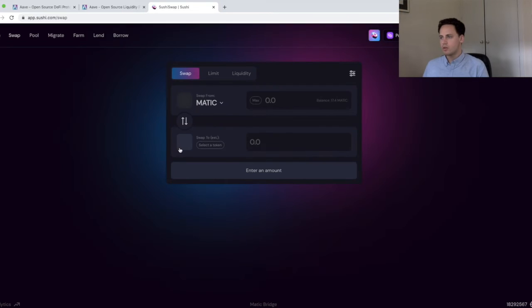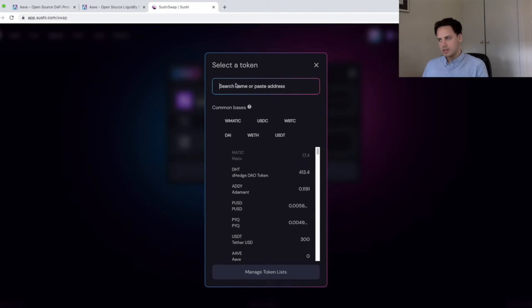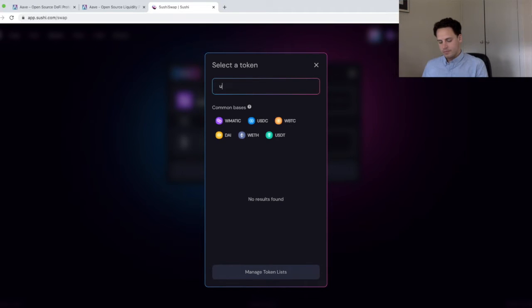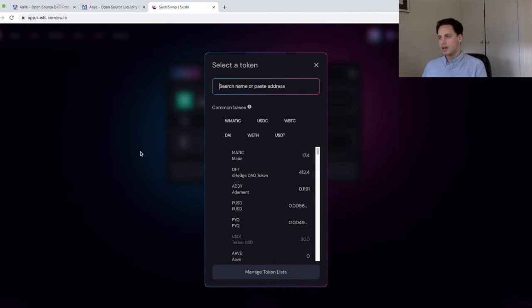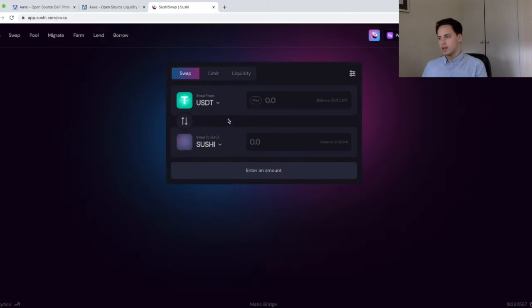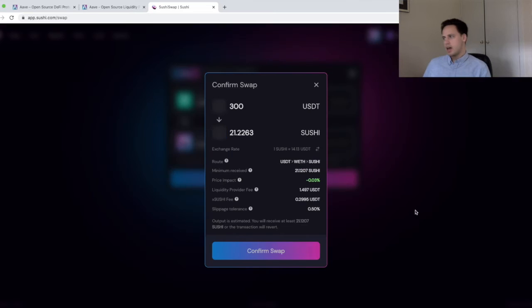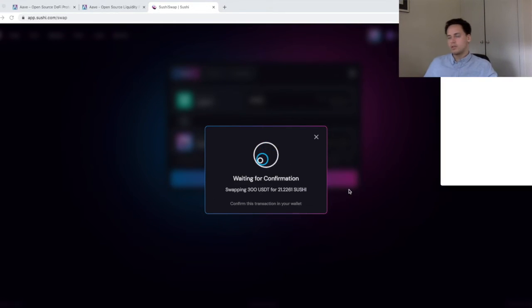So we're going to jump onto swap. And we are going to use some of that USDT that we just borrowed to swap it into Sushi. Because Sushi is another governance token that we hold in the ACF. And we really like Sushi as a decentralized exchange. Sushi started off as a fork of Uniswap, but it really has developed into a differentiated protocol. As you can see, SushiSwap is available on so many different blockchains. They're really becoming an inter-protocol beast, if you will,